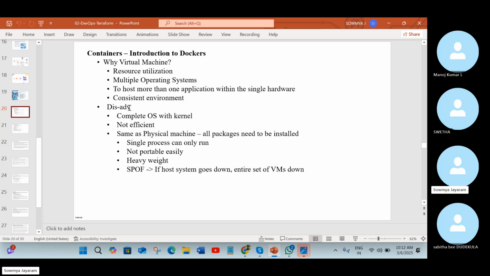But in a Docker image you're going to use the host operating system, which means you're not going to use the full heavyweight operating system. Instead of that, you're just going to take whatever sufficient amount of things you need. So it is lightweight, and you will also have images for that. An image is nothing but a pre-built template, a pre-built image that you can download and use for your application. Its size is only 20 MB or 22 MB, like that.